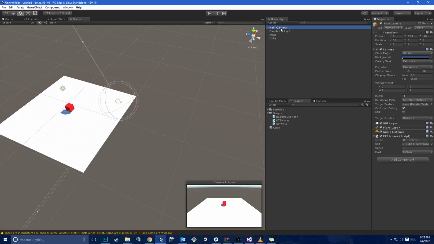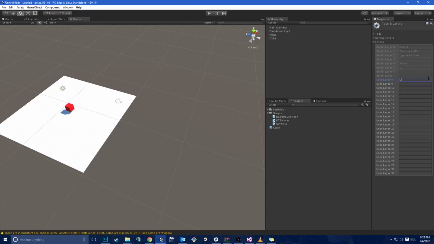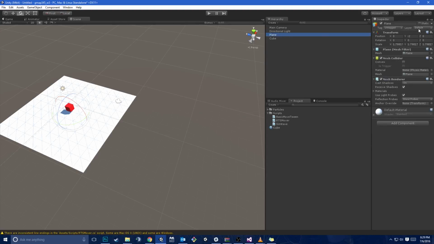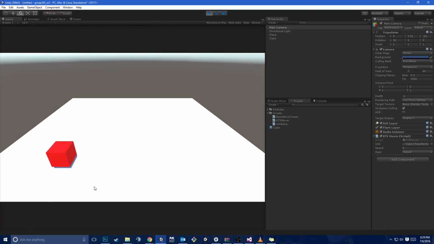We talked about tags before, but there are also different layers. These can be for collisions and for a bunch of other things. I'm going to go ahead and make a new layer, and I'm going to call this ground. And I'm going to set the plane to the ground layer. And our main camera, the only thing I want to hit is the ground. Now when I go over the cube, it's not going to the center of the cube. And just to show you the difference, if I added in everything, again, you can see,